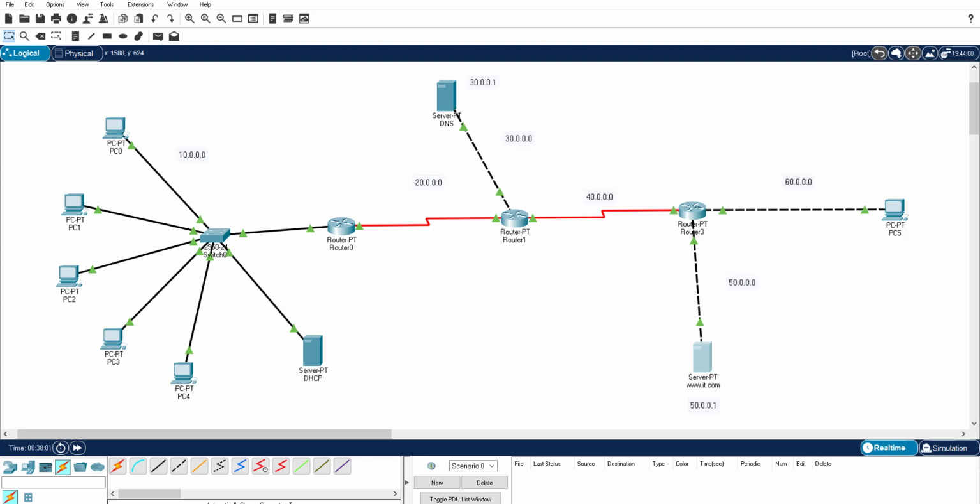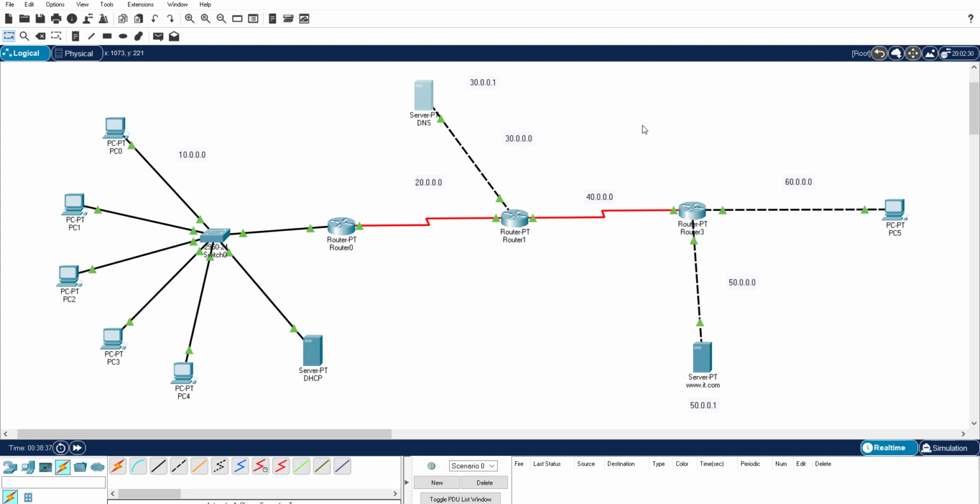Then step number 4, configuring the DNS machine. Okay, so you know about the DNS machine. So what is the primary aim, objective of the DNS machine? The DNS machine is going to convert the name into domain mapping. It is going to map the name to the domain and the domain to the name, that means the reverse. It will convert your IP address into the domain name, or the domain name into the IP address.